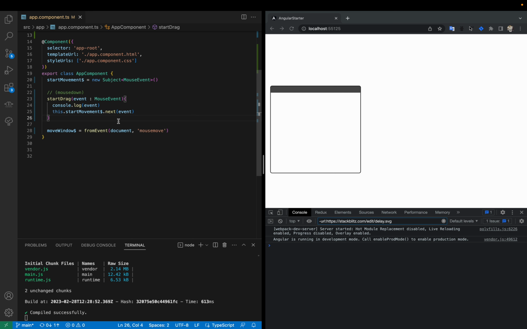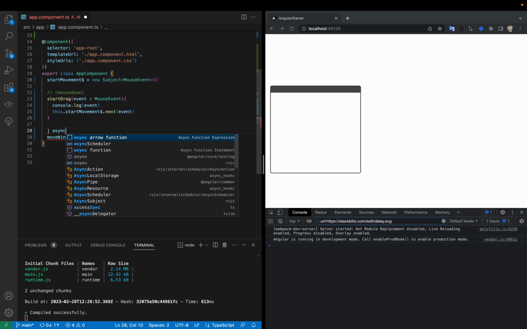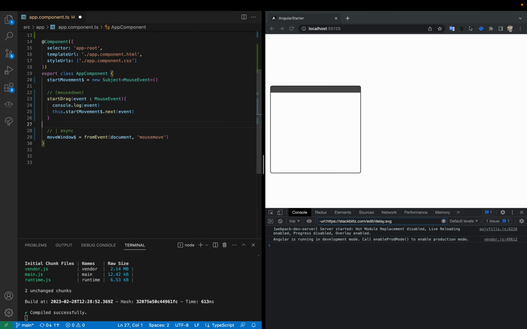Well, the way we can subscribe in RxJS is actually in several different ways. Currently we are subscribing to this event through this observable, and in the template we are using the async pipe. So that's one way to subscribe. Another way to subscribe is by using a higher order operator, those would be things like exhaustMap or switchMap,